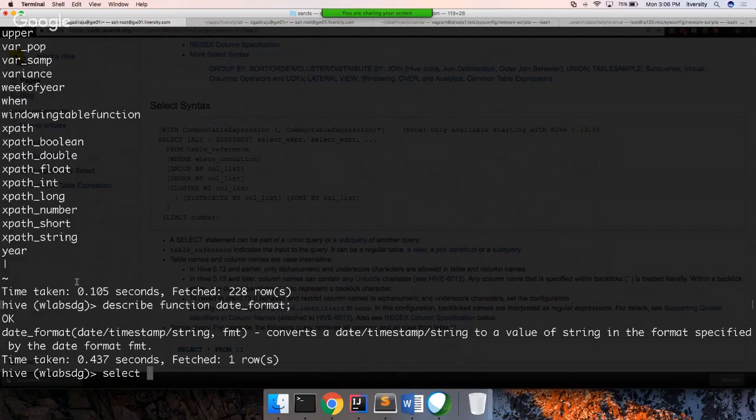So in this case, if you say date format current date, and then give the format, I think it is %y, %m,